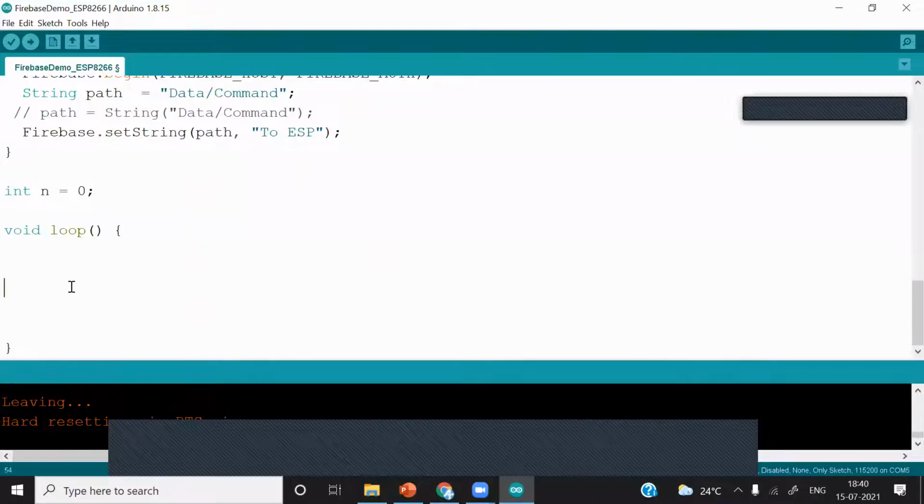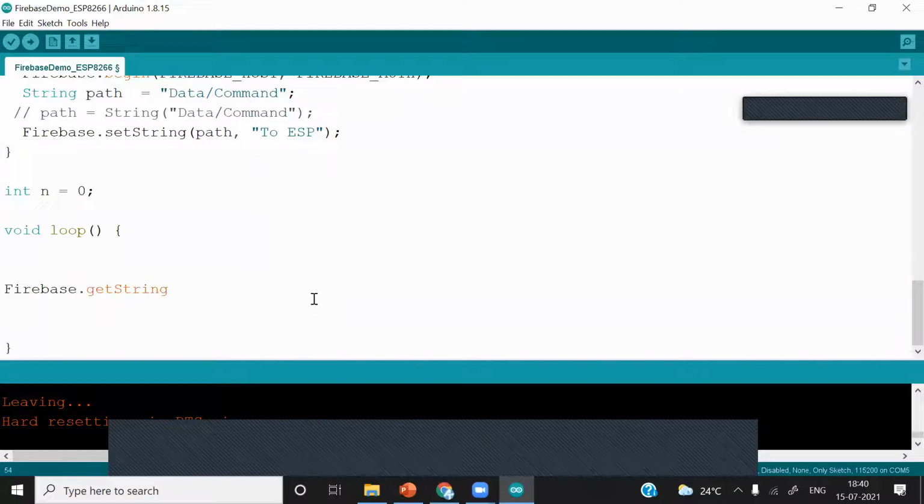After this, we want to fetch data from the real-time database back to the ESP8266. For that, we have to use this function Firebase dot get. Here you can see that you can write the function name Firebase dot get. If you want to fetch integer data type, you have to write int. If you want to fetch string data type, you have to write string.